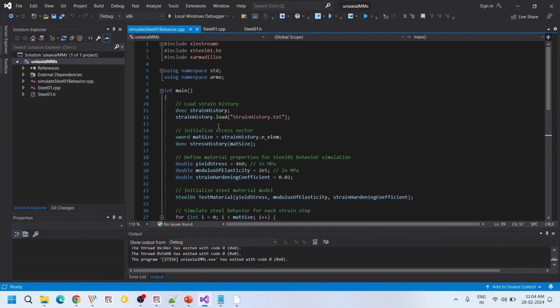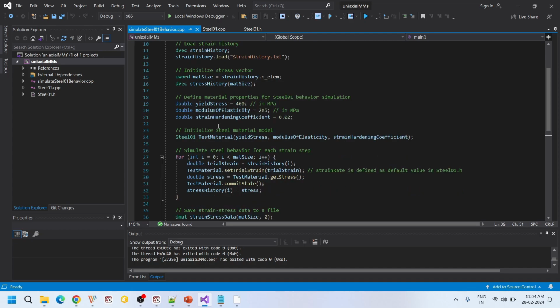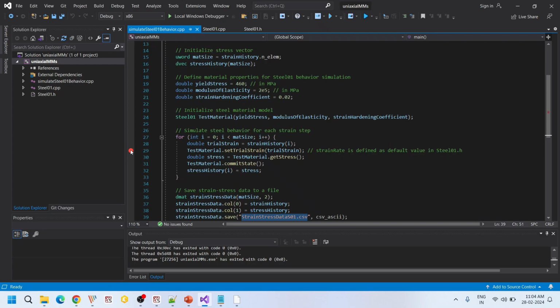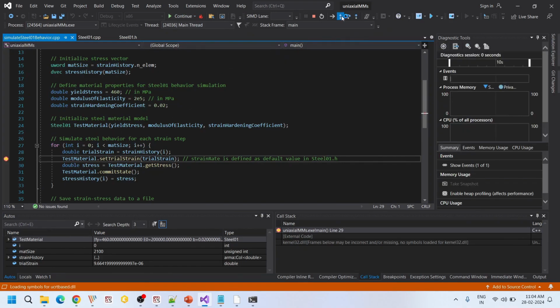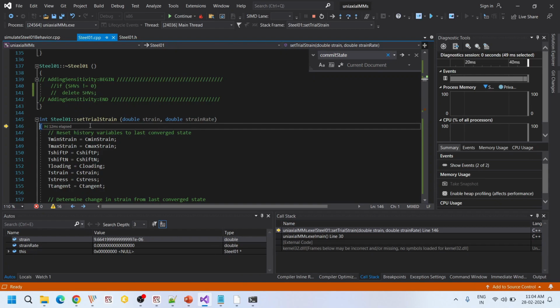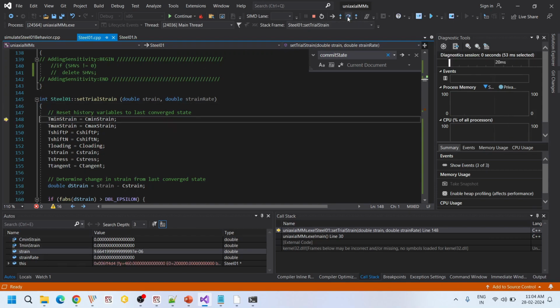This is how we extract the CPP files from the OpenSees source code and compile them independently. The main advantage of following this process is, if you want to study how a particular stress value is evaluated for a given strain, you just have to put a breakpoint on this set strain function and run your local debugger up to that point, and then you can go into this step function. And if you look here, what we are doing is getting the previously defined converged state values into these trial state values, and we are